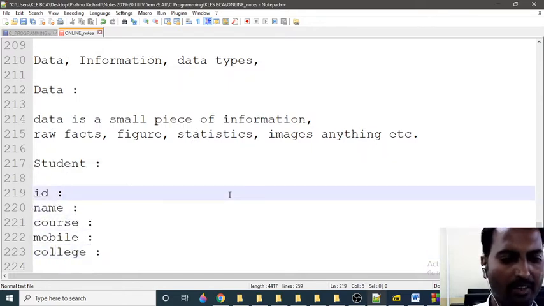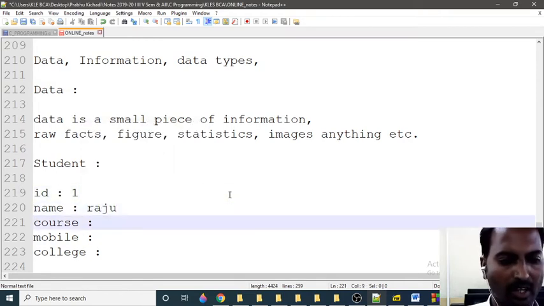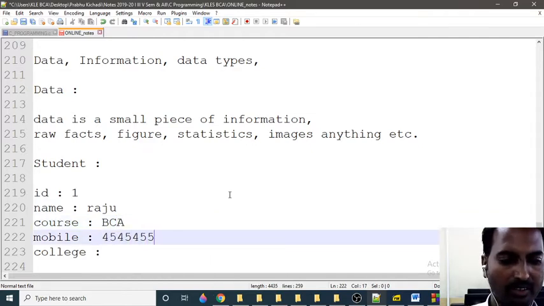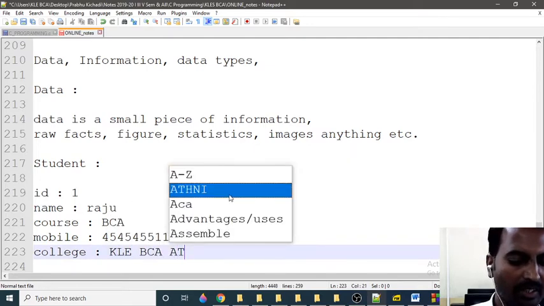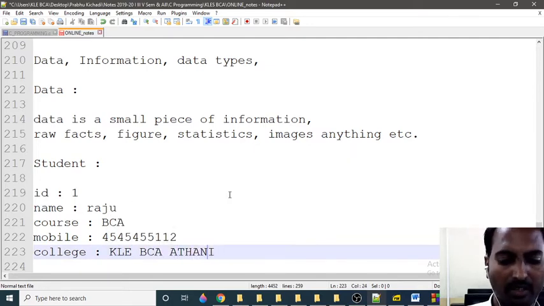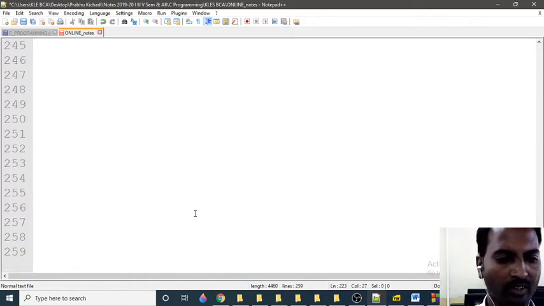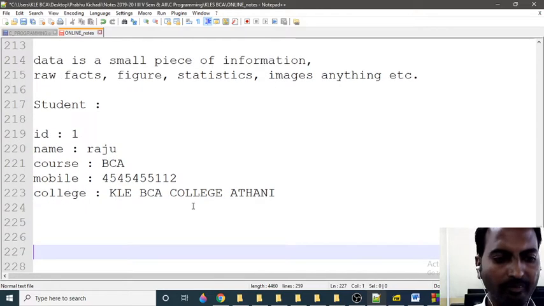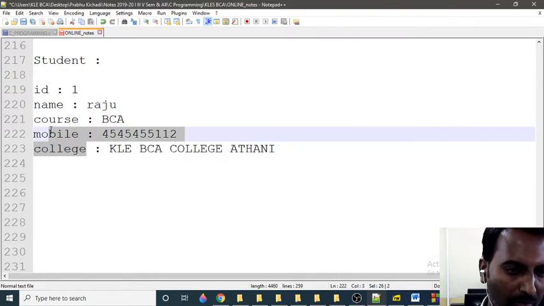Now ID I am giving 1 and name Raju, course BCA, and a mobile number, and the college KLE BCA Athani. In this example or in this entity, in order to define something, you must extract some attributes.